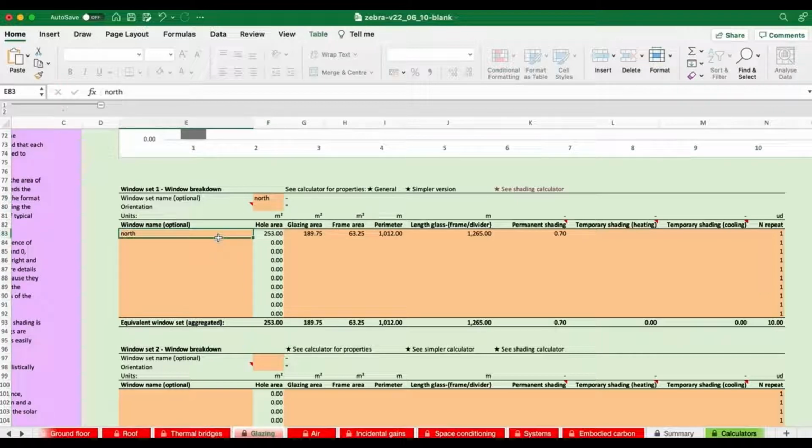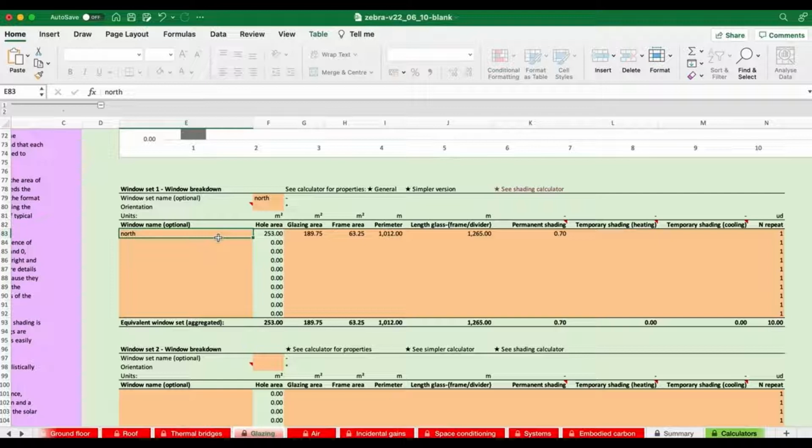Okay, we can have a whole bunch of different windows within a window set if we want to break this calculation down. And we might have different permanent shading for each of those windows within window sets. So for example, your window set might be all the windows that face north, as a window set has to have a particular orientation. So these might all be north-facing, but we might choose floors 1 to 3, floors 5, 6, 7, etc. as being separate sets.